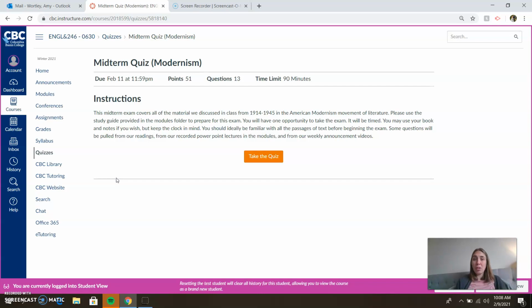You can use your study guide grid sheet all filled out, and you can use your textbook if you wish to help you be successful in this exam. Sometimes when things are open notes like that, it's easy to be like, I don't have to prepare for it. But the 90 minutes might go pretty fast, so make sure that you do feel ready before you take the exam. You do get one attempt at this exam, so make it count